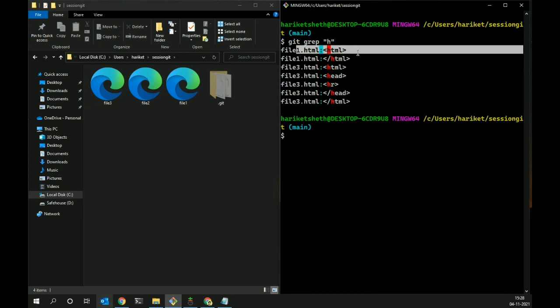So in file1 you have the HTML tag, it starts with H and all of that. So you can see what it does. It lists out all of the occurrences of all of those things starting with H, or like those who have H in it. So this is the function of git grep, and it will help you in searching purposes, right? It's not mandatory that you have to specify only words or letters. You can also include your regex expression and you can make your search efficient.